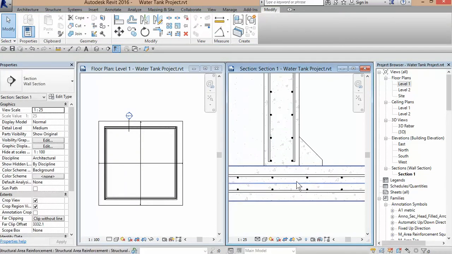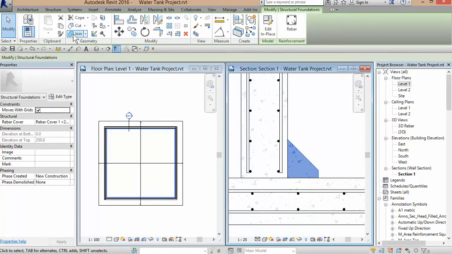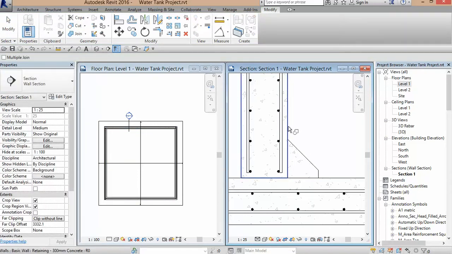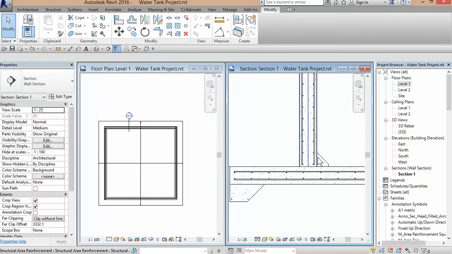In here, select and let's join it to the floor and the wall. So select the join tool, select the wall, then your component, select the floor, then your component. Let's add some rebars to that. So select